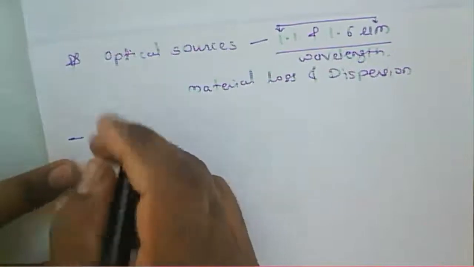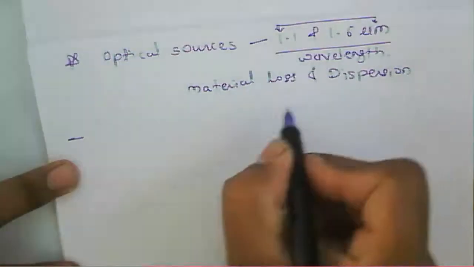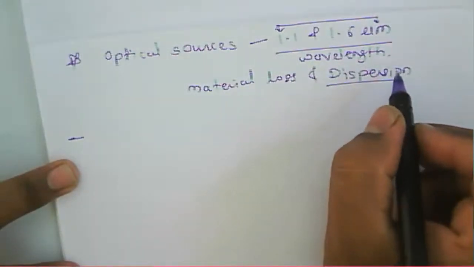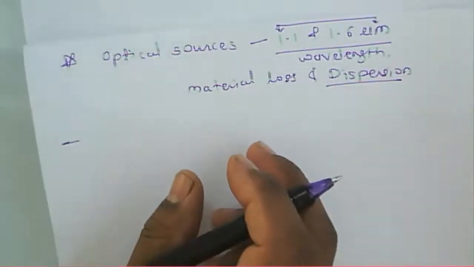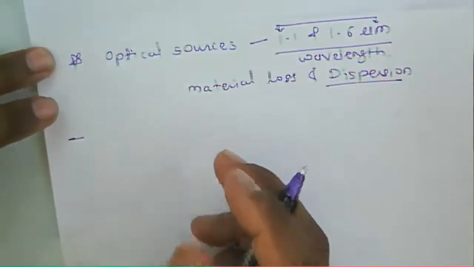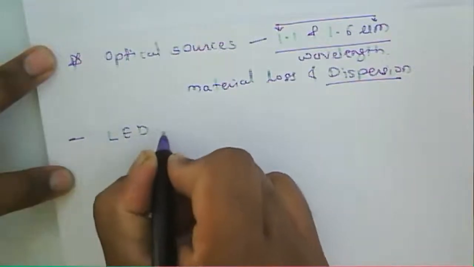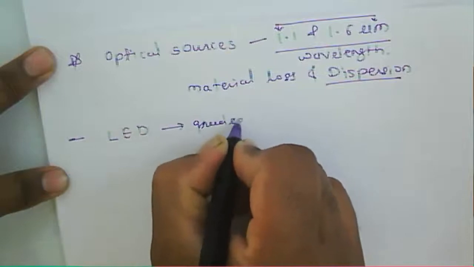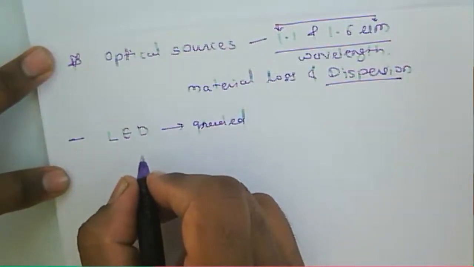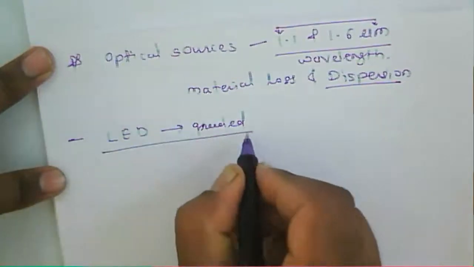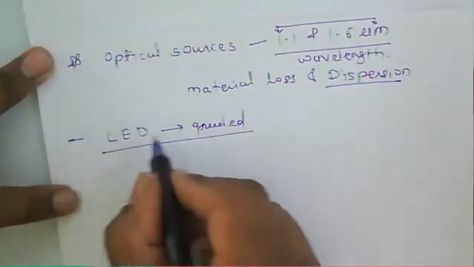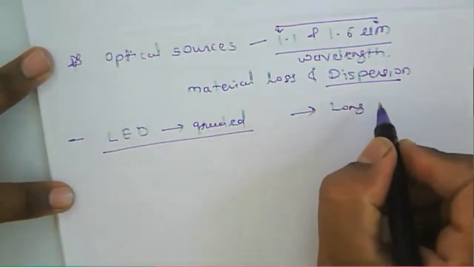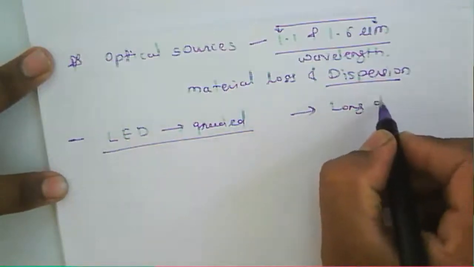we can use a gradient index fiber, and if you consider that gradient index fiber, dispersion can be minimized when it is used as a multimode fiber, in a multimode application. In that case, if we use an LED source and a gradient index fiber, we can minimize the dispersion as well as the material loss. So with an LED source and a gradient index fiber, we can use this combination for long distance communication,